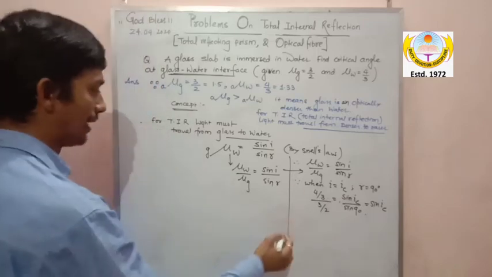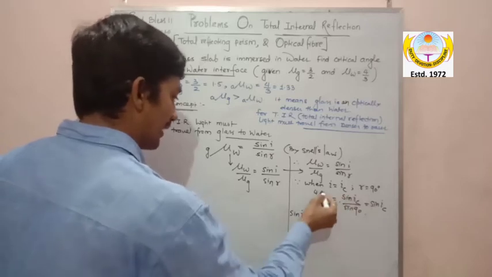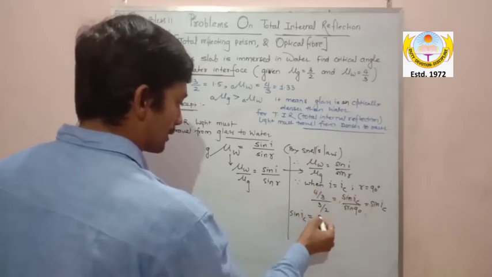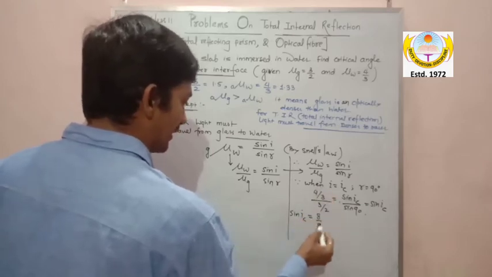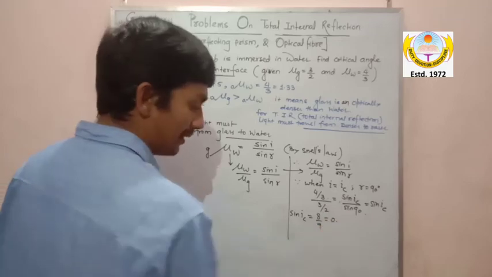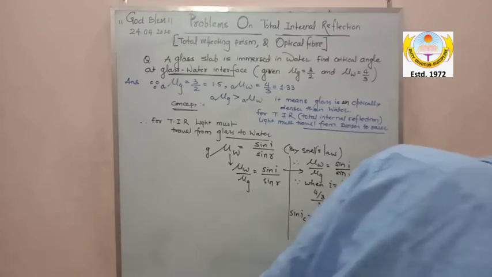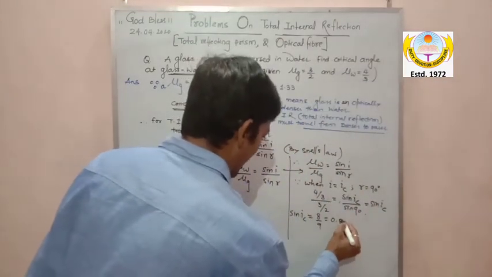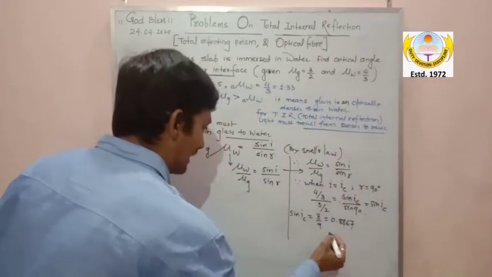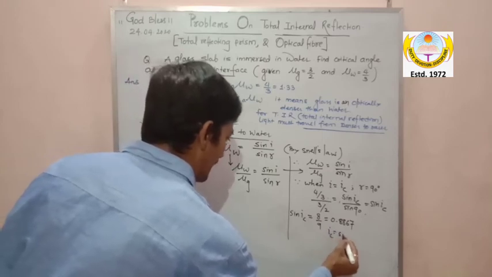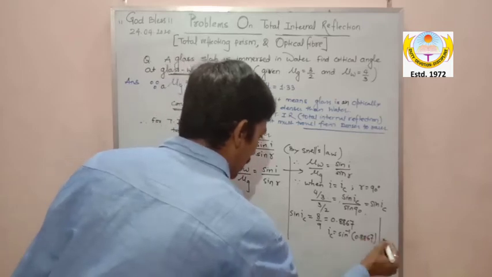So now my dear, what is the value of sin IC? I got sin IC is equal to, here you can see this 2 will go up, this becomes 8 by 9. 3 threes are 9 and 4 twos are 8. The value for 8 by 9 is somewhere around 0.8867. This is the value, my dear, and therefore IC is equal to sine inverse of 0.8867. By looking at the logbook,